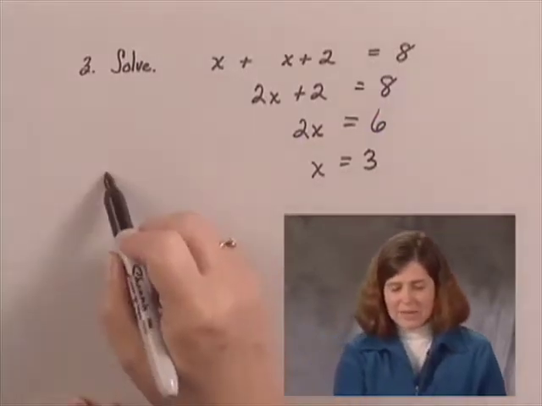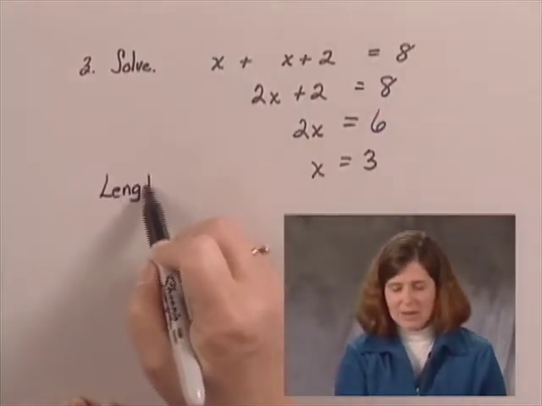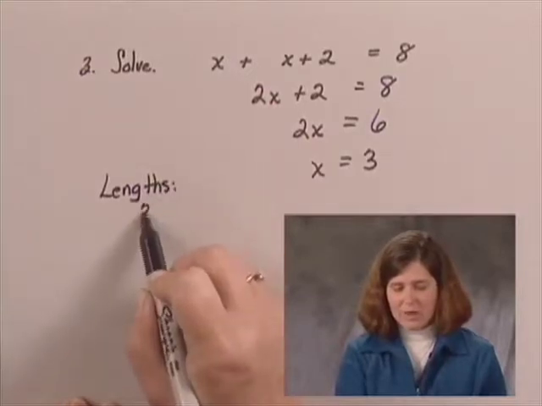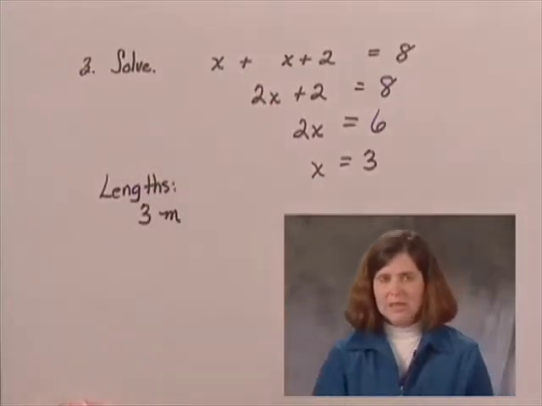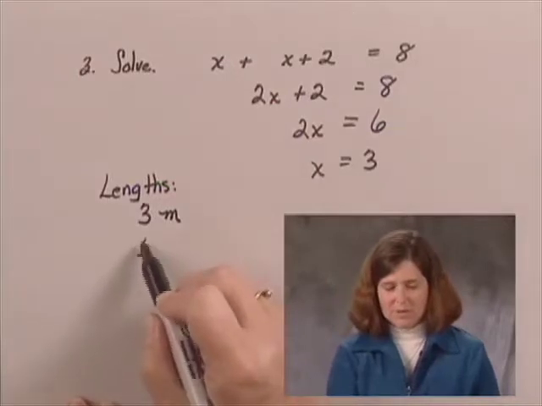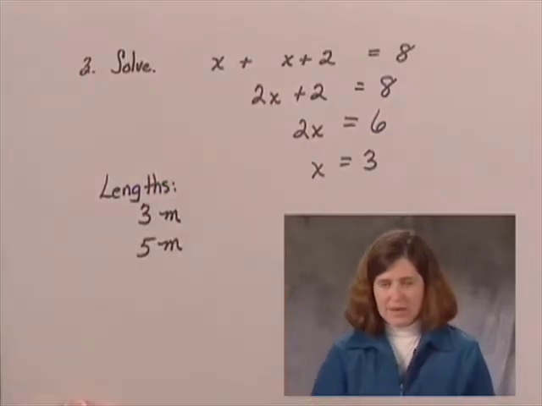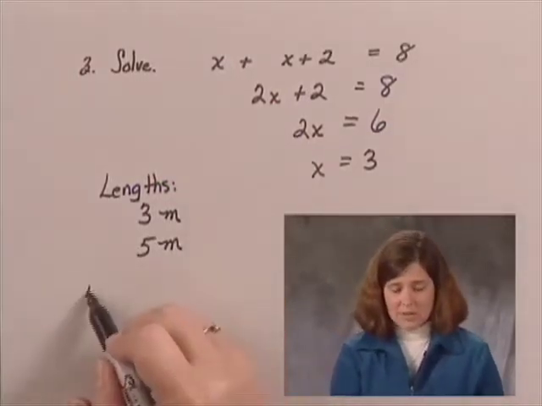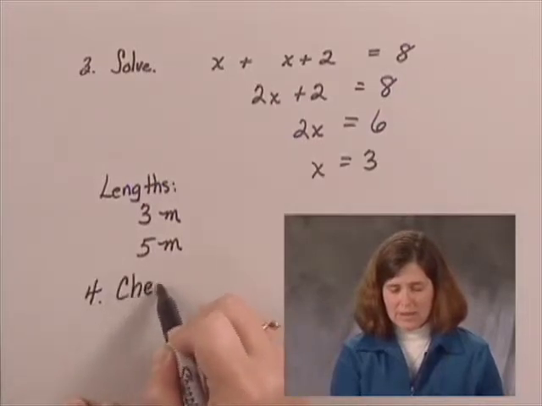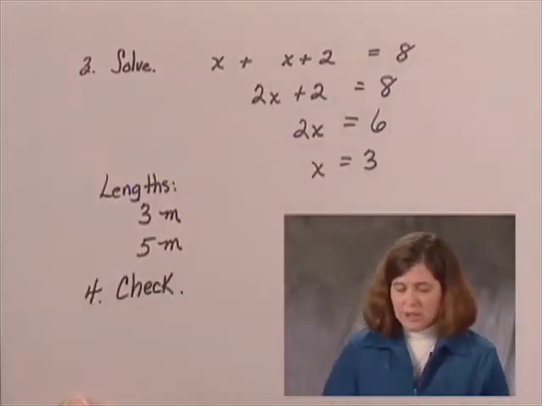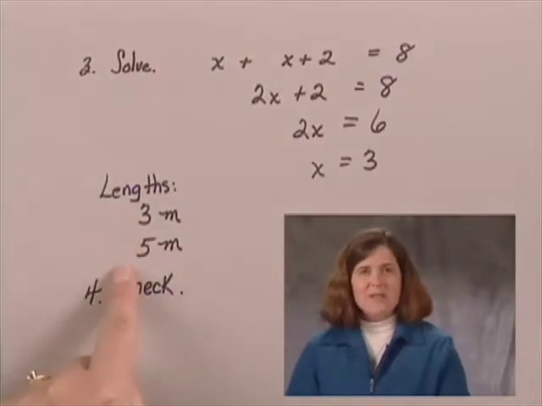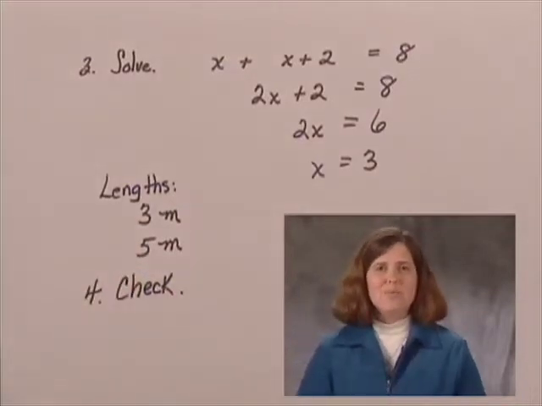So for the lengths, we have 3 meters, and x plus 2 then would be 5 meters. Now we need to check our answer as step 4. To check, first of all, notice that 3 plus 5 is 8,